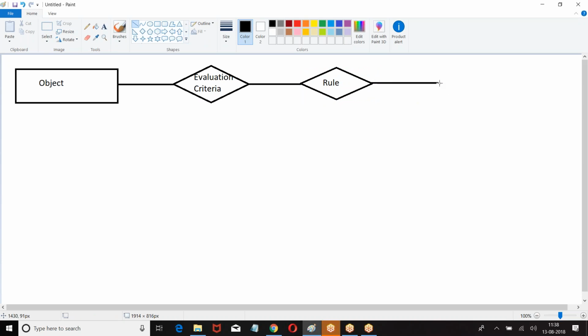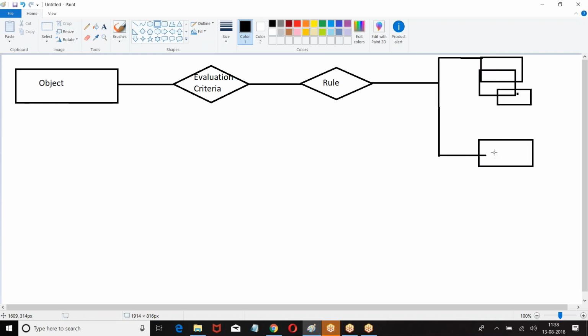Now, look at the structure carefully. So what was that? On an object, when an evaluation criteria is met, we want to check the rule. When the rule is met, we will perform action.